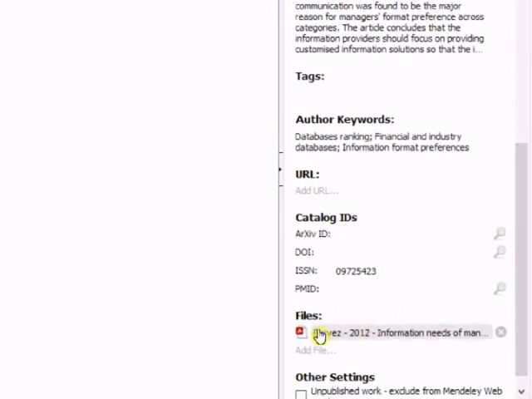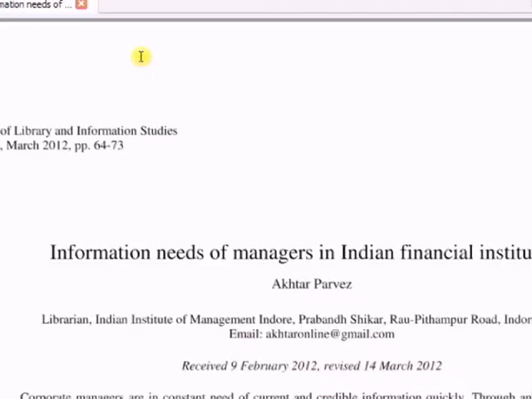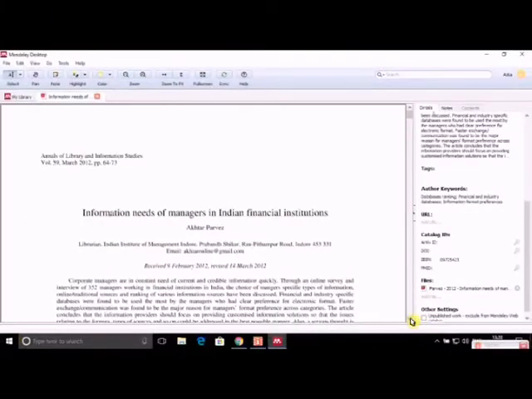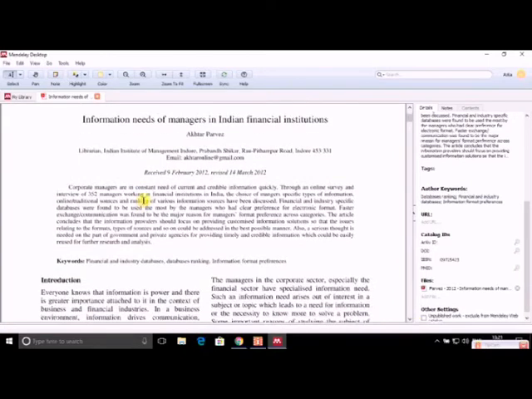And here you see it has also added the file location where my file was residing. So if I click here, I can always open this document, and I can also open this document from here. So this is how I open this document, and I can use the document the way I want.